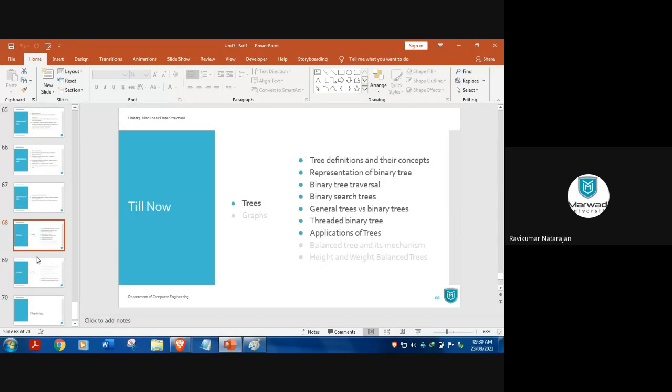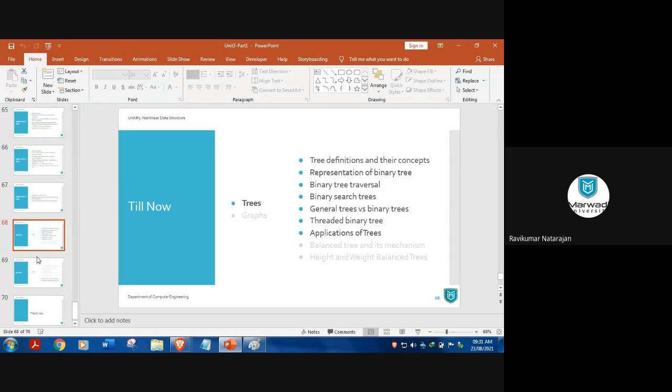Then we have done deletion. Insertion is easy. You compare with the root and other nodes, then insert in the left or right subtree. Then what about deletion? If you perform deletion in BST, we have done it with 3 cases. What are they?